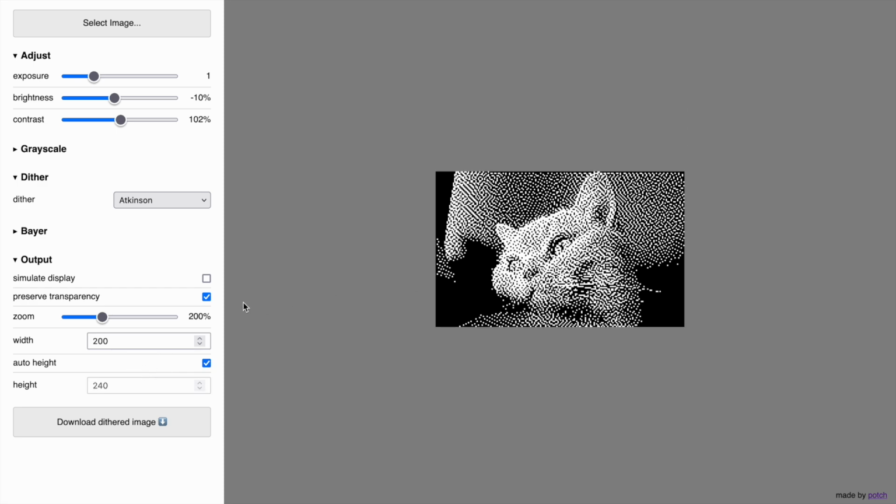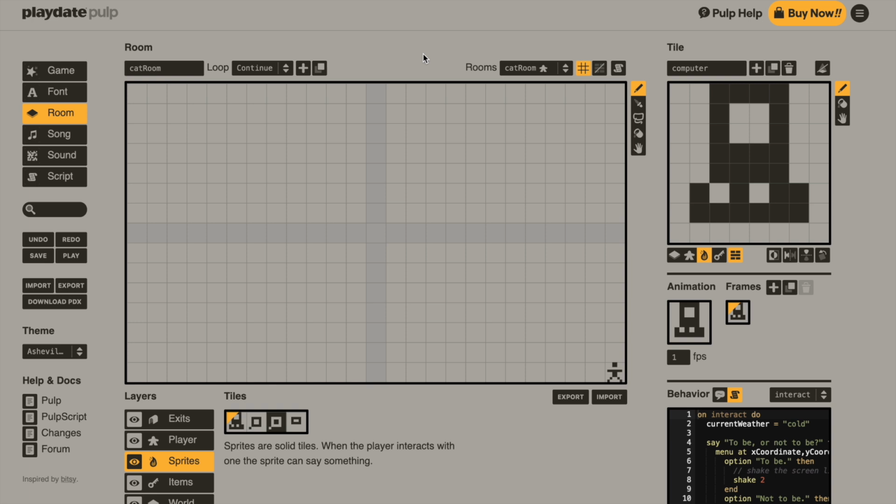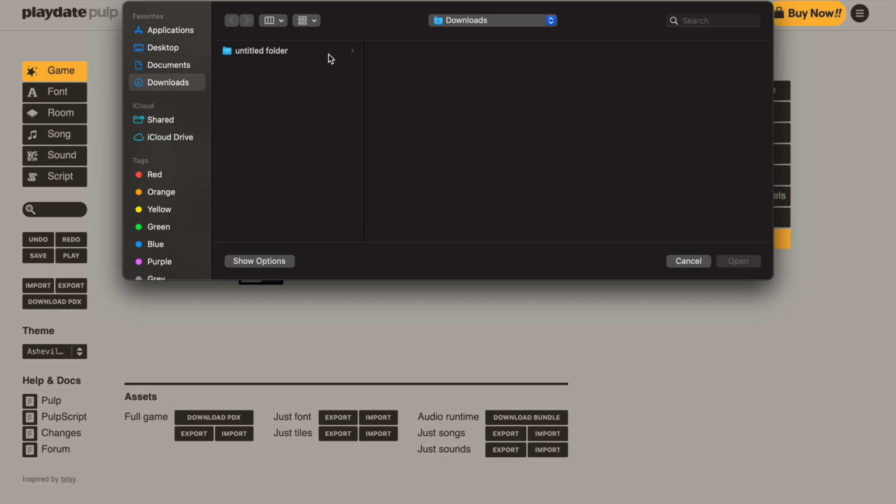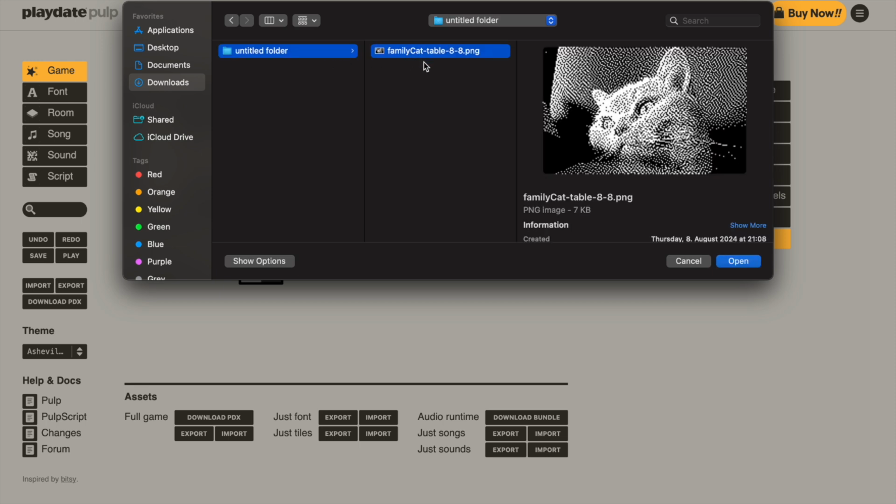All right, and then once we download the dither image, we can actually use it and import it. I am ready now to import my assets. I have to go to the Game tab, and in the Assets section, I click on Import for just tiles. Then I go over to my folder, and as you can see, I have renamed the file to be